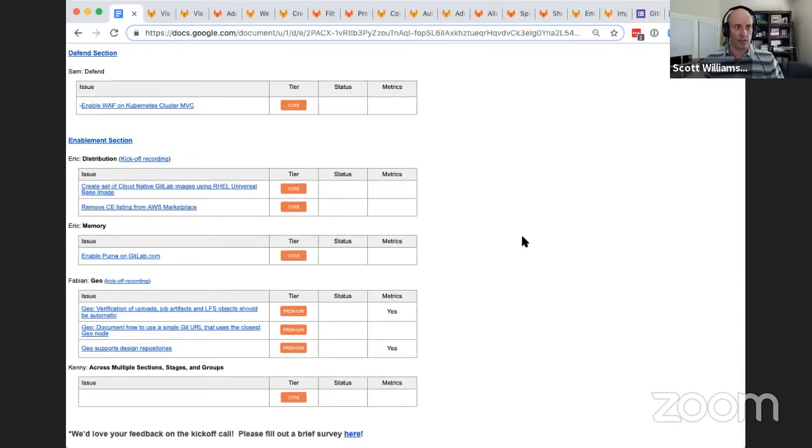Enablement, you can think of this as underpinning domain areas that support the whole feature and function set. So, things like our installer, our ability to run GitLab.com with a low amount of memory, our ability to enable customers to do failover and disaster recovery, that kind of thing, that aren't feature or function stage specific, roll up through this enablement section. So with that, Eric, over to you.